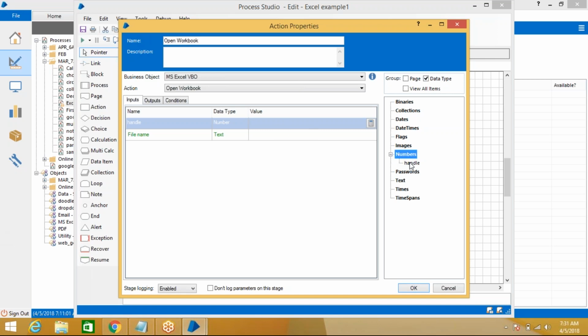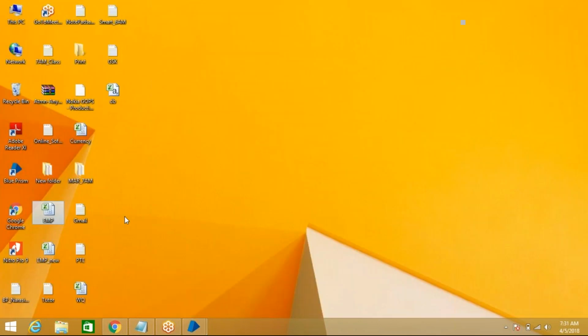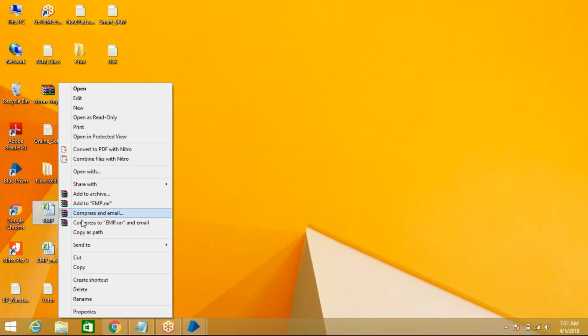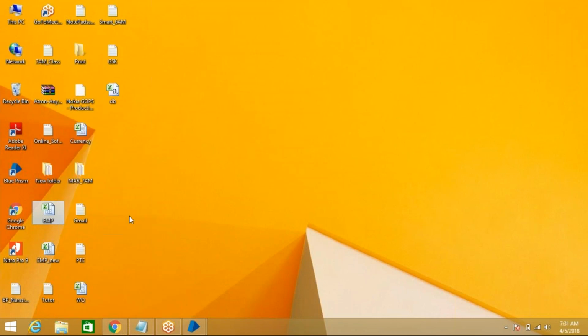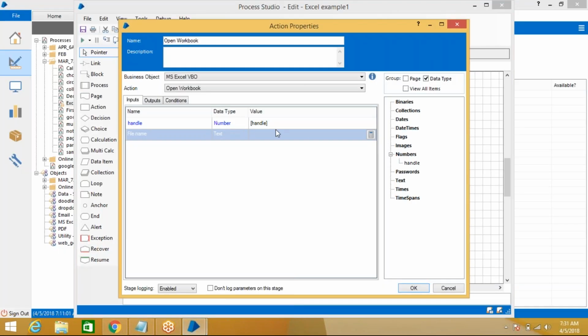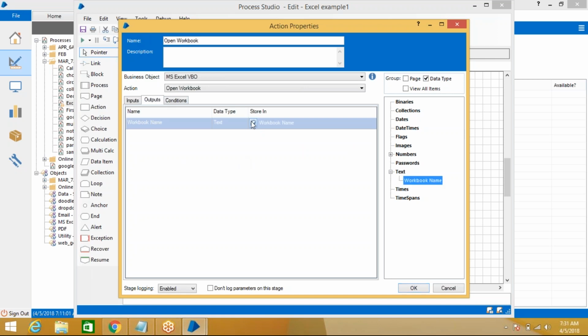We already took a handle as output in the first action. You need to give that handle here. And what about the path? Go to the desktop, select this, hold your Shift key and right click. Then you will get an option called copy as path. Now come here and give that path. In this path, the EMP Excel file is available. Now the output it generates, store in workbook name. It's nothing but a file name. What is the file name here? emp.xlsx. That is your file name, so it will capture the file name here. And next,